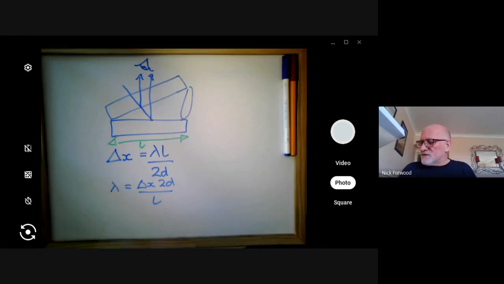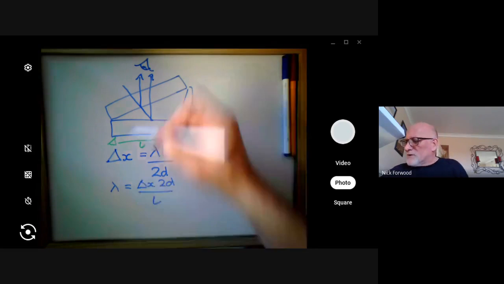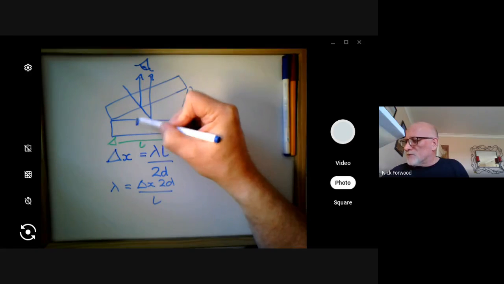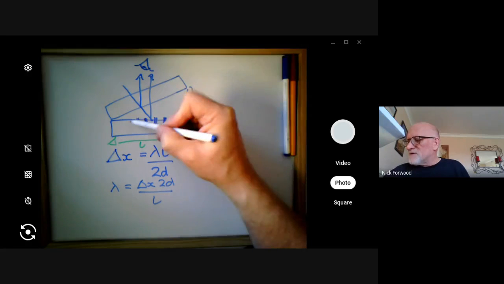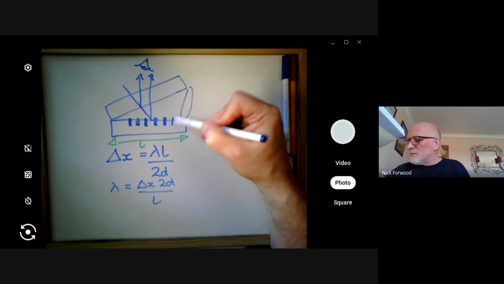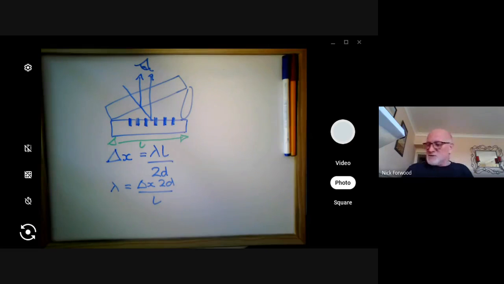Delta x is, when you look down here, you'll see the fringes, and they'll look like this when you look down vertically. Now they're very, very small, and you need a microscope. You need a special type of microscope called a traveling microscope. We have one in school in the physics department, and setting up the whole experiment and getting you to actually take some measurements is a bit of a performance, because the traveling microscope involves something called a